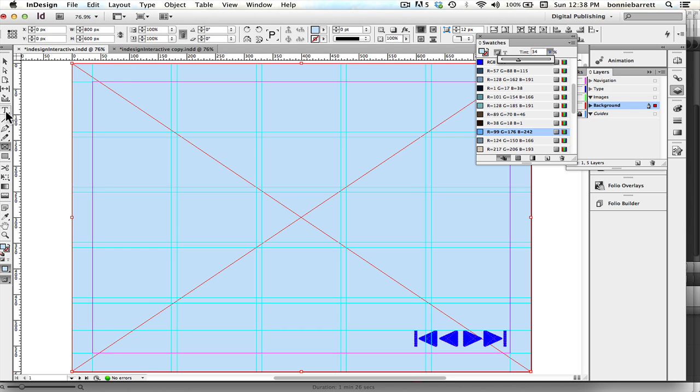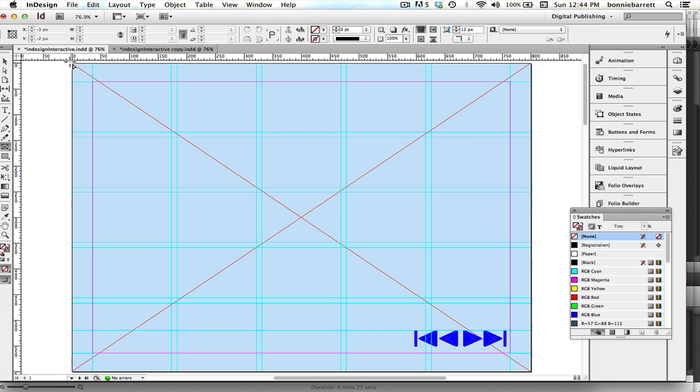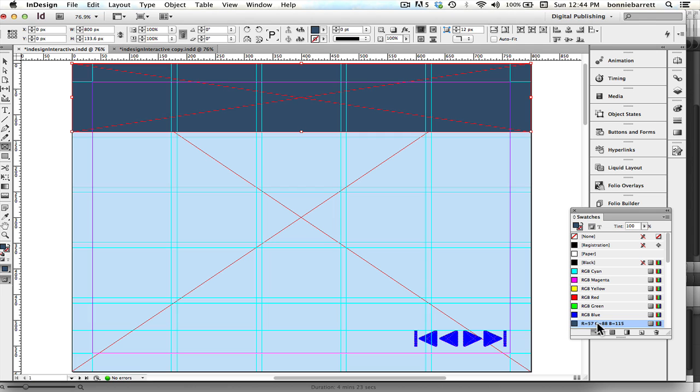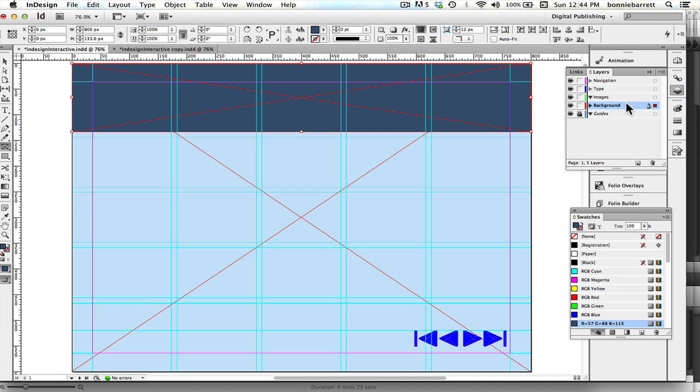And I'd also like on the background layer to create that top darker frame. So back to my rectangle frame tool, and I'm going to fill up that first row of my grid going all the way out to the edge of my page. Then I'll choose this color. It's a nice dark color. And let's double check and make sure I'm in my background layer. That's great. So now I'm going to lock my background layer, and I'm going to change to my